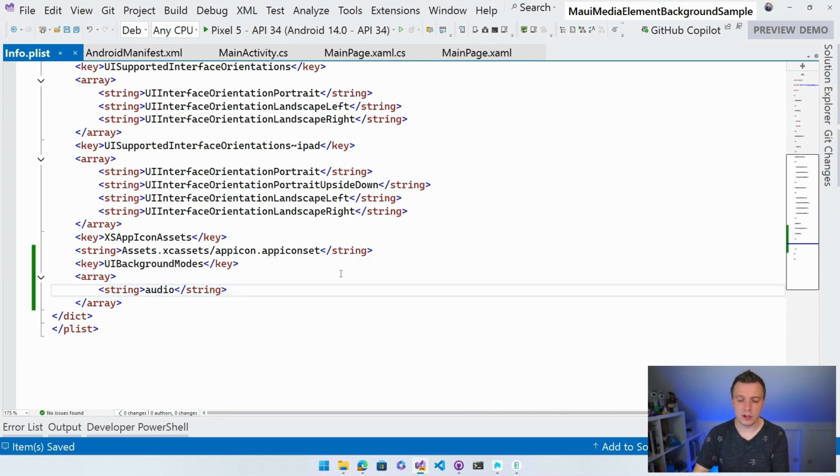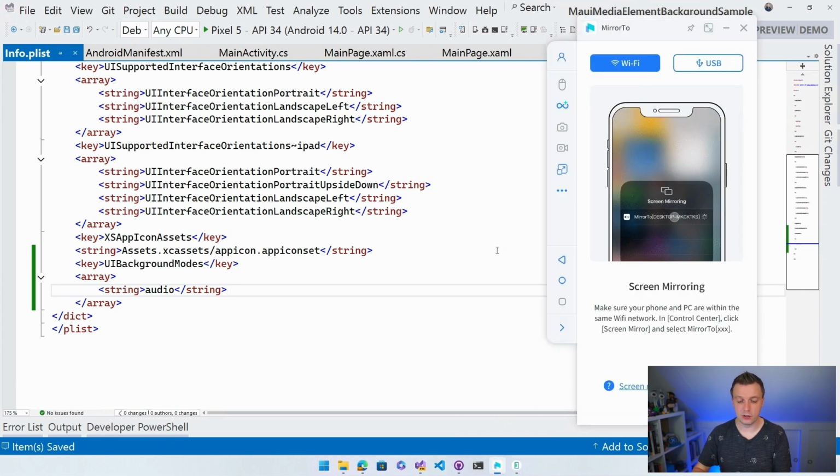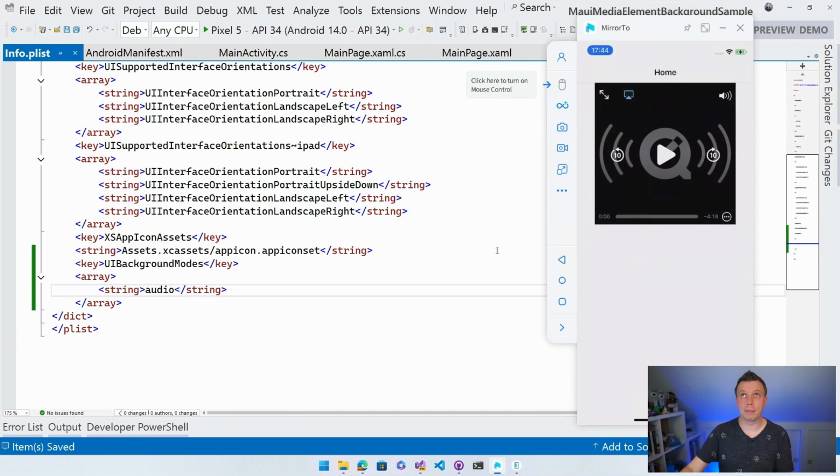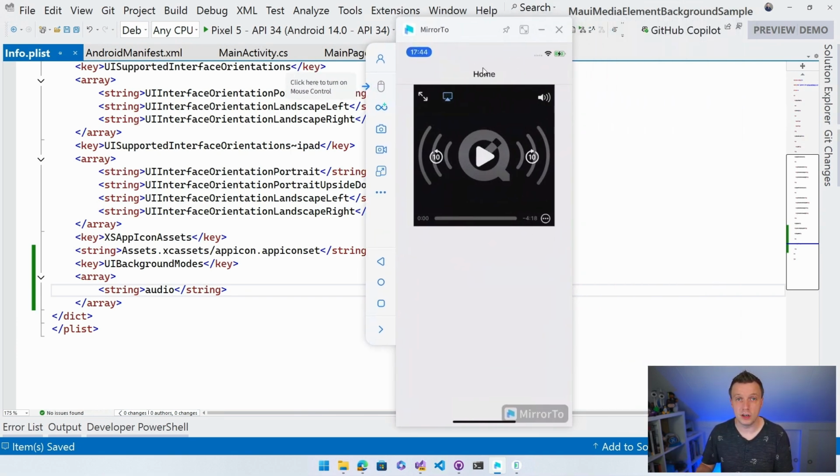And then I actually deployed it to my iOS device earlier. So let me bring that up here for a second. I've got this nice app, which is called Mirror 2, to actually cast my device right here. So that should connect here, and you can see my device. And you can see that the application is deployed. It looks more or less similar to what we've just seen on Windows and Android, but now how it should look on iOS.